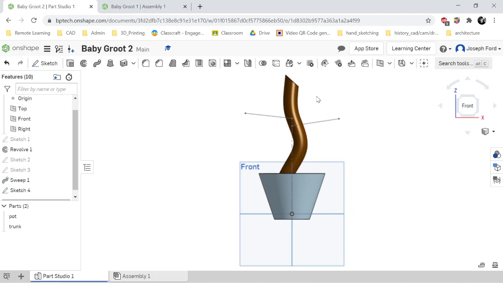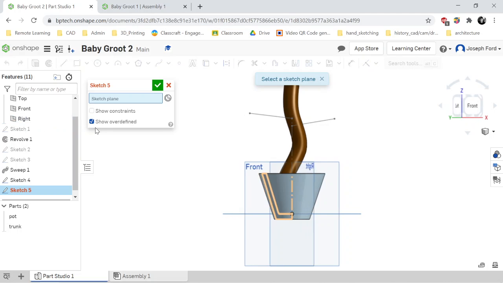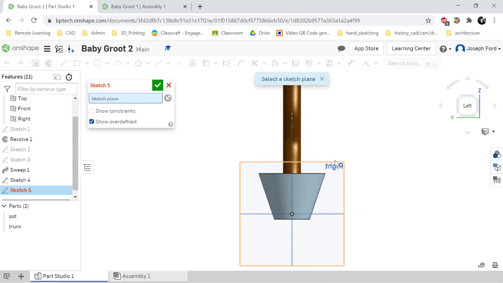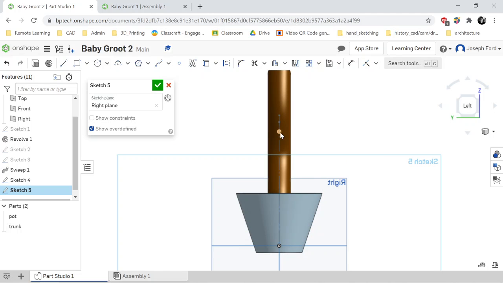So now we're going to do the same thing we did for his trunk. We're going to create a sweep, but we need something to sweep around these lines. So we're going to create a circle. So click on sketch, and then this time we're going to click on the right plane. So you can either click here, or you can arrow key over to the right plane, which is here, and click there. So now we have to create two circles. So we're going to start with one circle here,